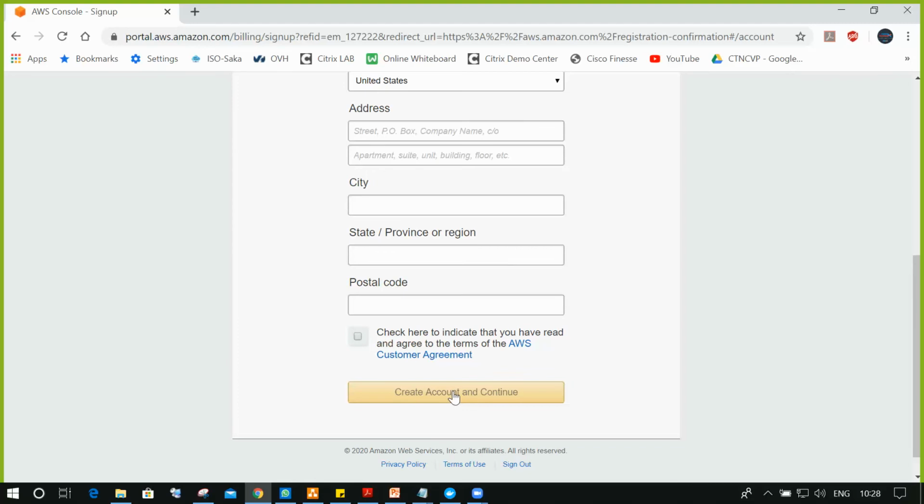Once you submit, create account and continue, the page will be redirected to the payment gateway page. There you can enter your card details. As I told you, only Visa and Mastercard are applicable; SBI cards, Andhra Bank cards, and Paytm cards are not acceptable.